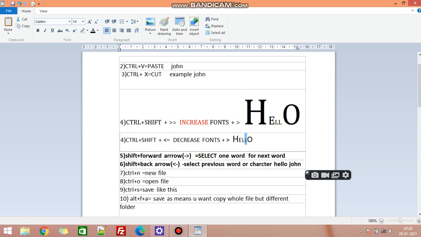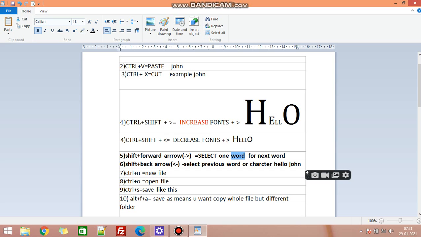Select it. Fine. Select forward arrow or next arrow depends on where your cursor is. Suppose the cursor is here. You can see the cursor is on this side. You want to select forward data or previous data. You have to see this thing. If you want to select backward, then we have to press shift and back arrow key. And if you want to select forward, then we have to use the forward arrow.